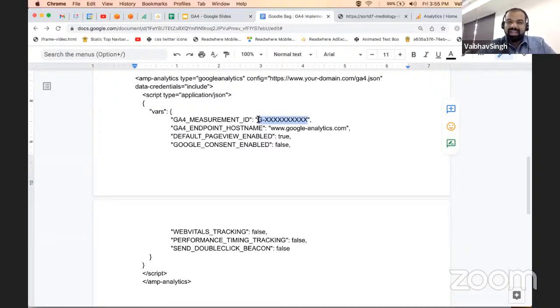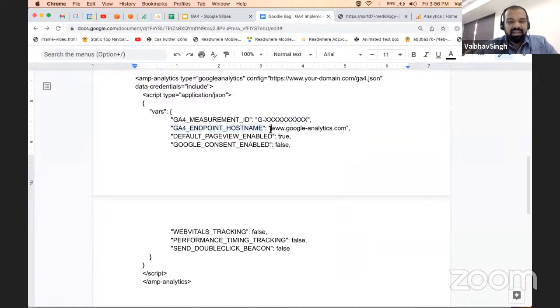Now, there's a little bit of a catch if you want to be doubly sure that you register all your events. I want to register all the users, page views, and all the custom variables which are present on my page. So you can explore a couple of other variables which you have added as extras, which will not only give you insights, but give you the primary insights which are absolutely necessary for your page. Second point here is GA4 endpoint hosting.